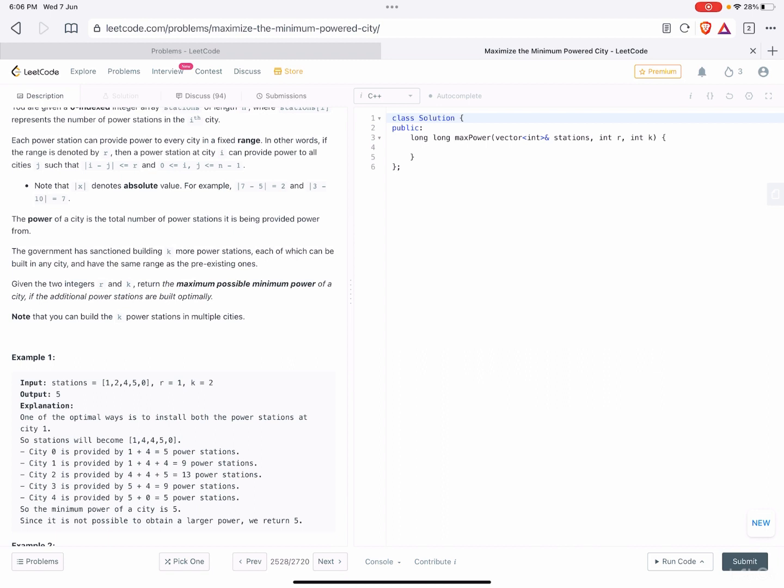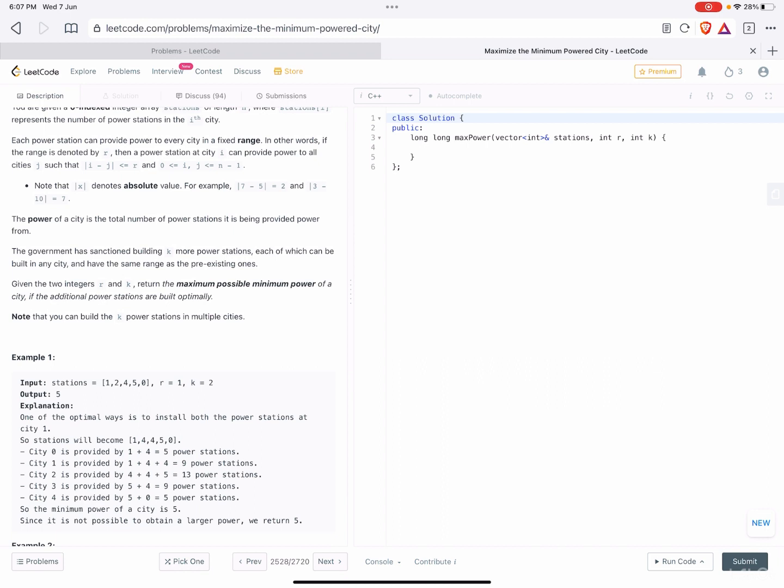Let's say there is a minimum power m, we check if it satisfies the condition or not, and using binary search we find the maximum. So let's say I have left, right and mid. Whenever the condition is satisfied, we set left equal to mid plus 1, and finally we return the answer.